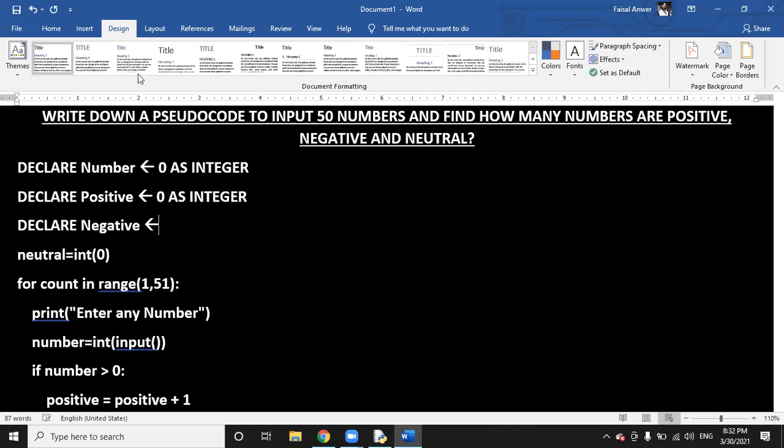Negative is equals to 0 as integer. Then declare neutral is equals to 0 as integer.